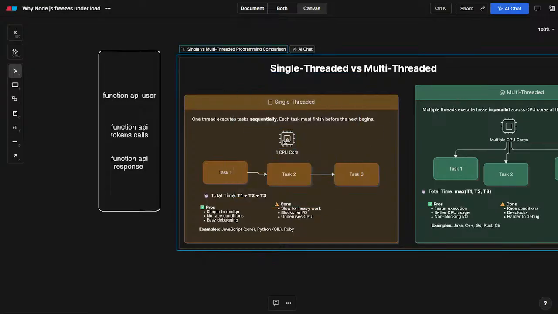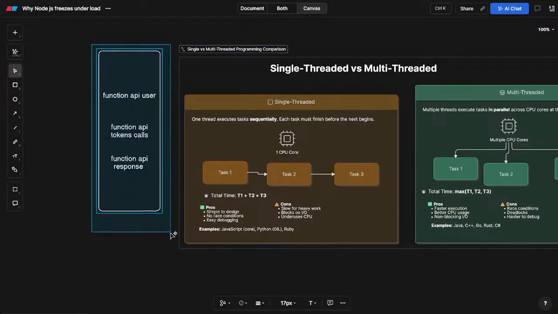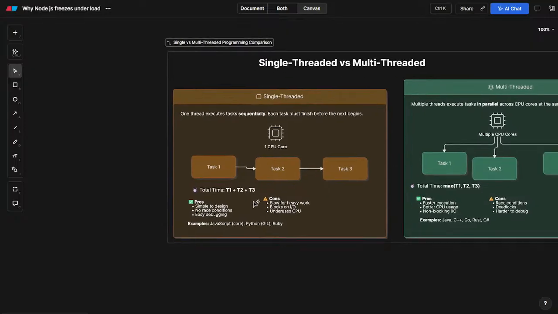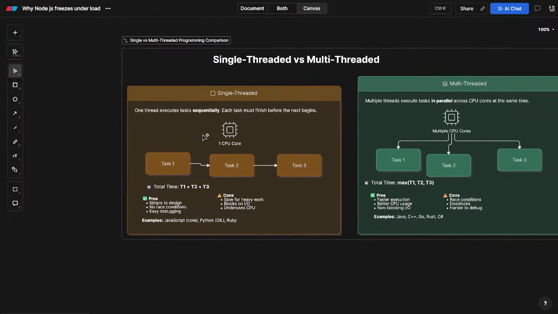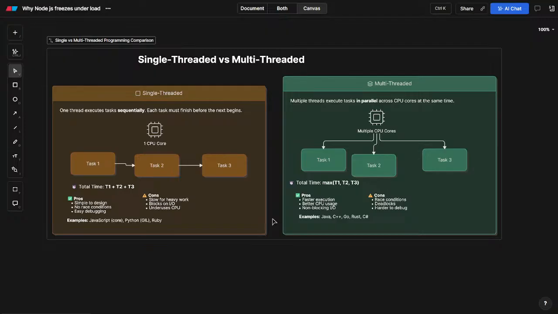So why do we even use single-threaded? There are a lot of benefits to this also. As the thread executes tasks sequentially, each task must finish before the next one begins. It is also simple to design, there is no race condition, and it is also easy to write the code for this single-threaded language. And it is easy because Java is difficult to debug compared to JavaScript or Python. So the single-threaded languages are Python, JavaScript, Ruby, and